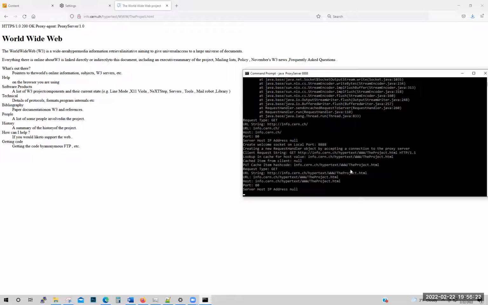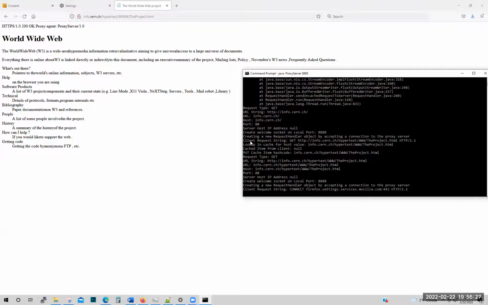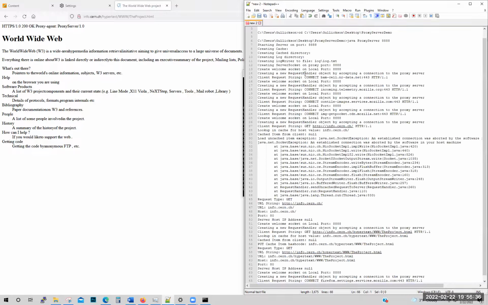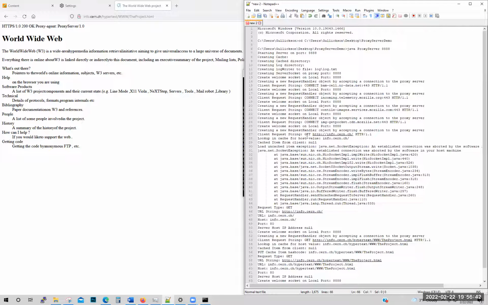Looking in the logs, there is some key information that is being shown. The request, copying the logs to Notepad makes them easier to read and follow. It can first be seen that on line 27, the client request for the GET URL was passed. On line 28, it can be seen that the proxy server was attempting to look in the cache for the URL